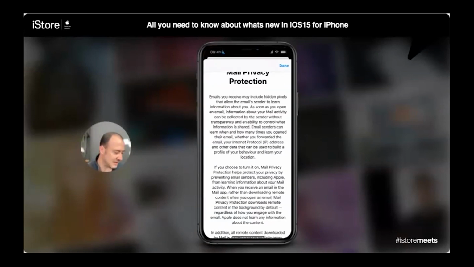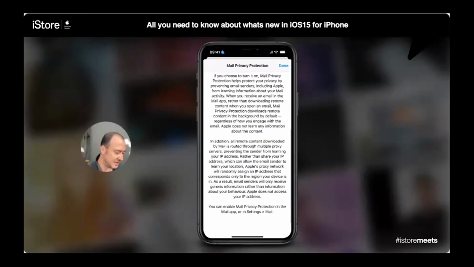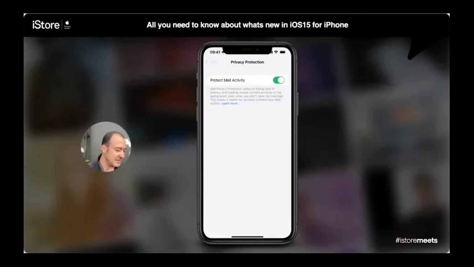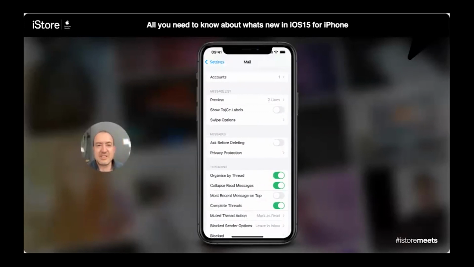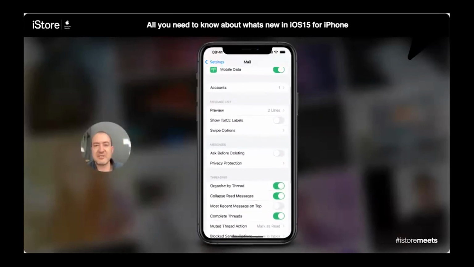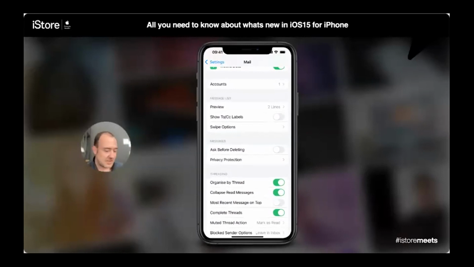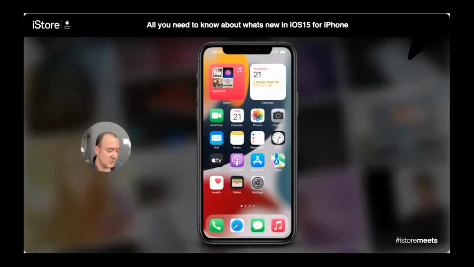As you can see here, it'll tell you all the things there if you want to go and read it all. But essentially, it is going to protect all of that stuff and make sure that your privacy is protected. So it's a nice feature that you don't have to do anything for. It's turned on by default. If you just want to check it out and read a bit more, you can definitely head over to where we've just seen it. So that's pretty cool. But there's actually